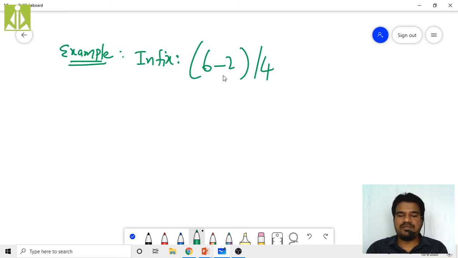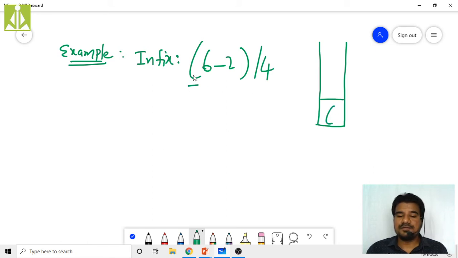Okay, so now what we have to do? As this is in infix, we have to convert it into postfix. So for conversion, we have to take a stack and perform the conversion. So initially, we have opening bracket, push it to the stack.